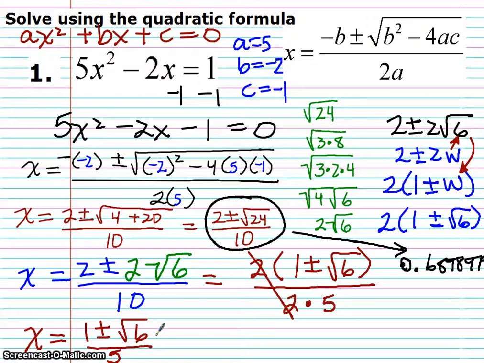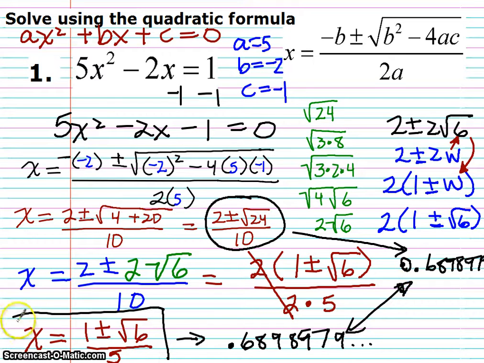So the square root of 6, 1 plus the square root of 6 over 5, giving me this. So the positive square root from this one also gives me 0.689897 dot. So since these two are the same, I can say with confidence that this is equal to that, and I feel pretty comfortable saying that this is my final